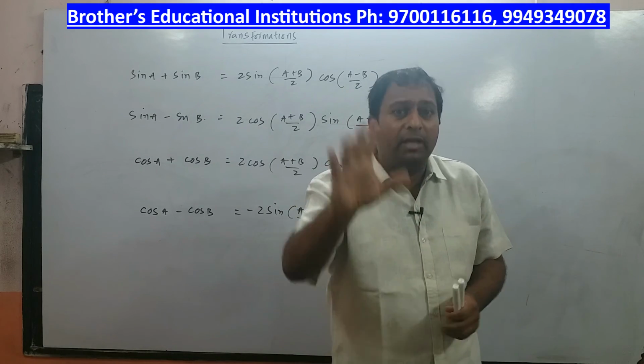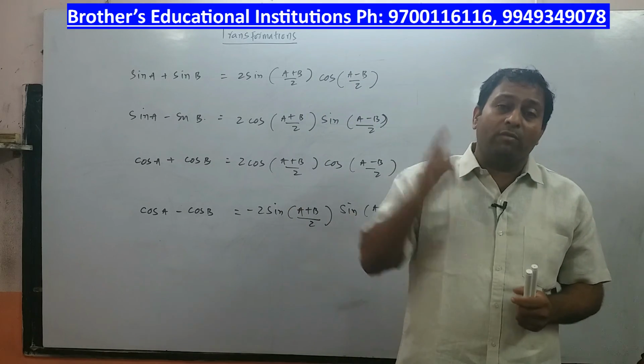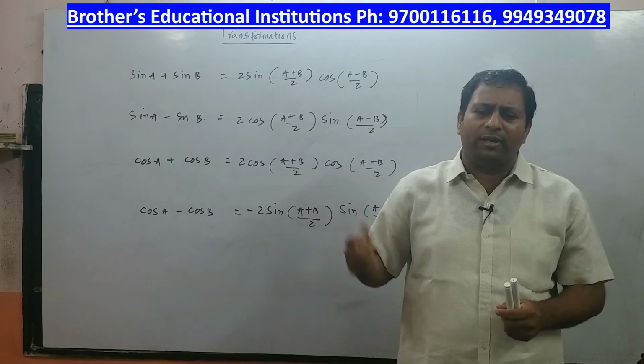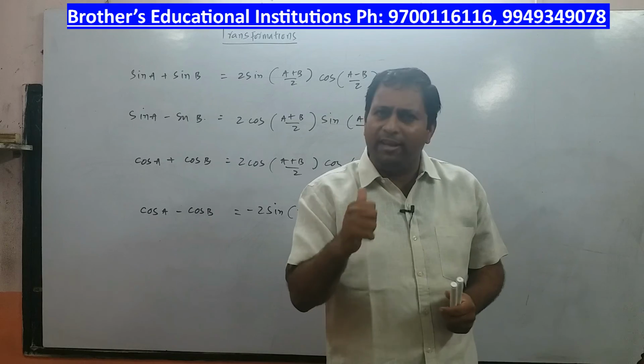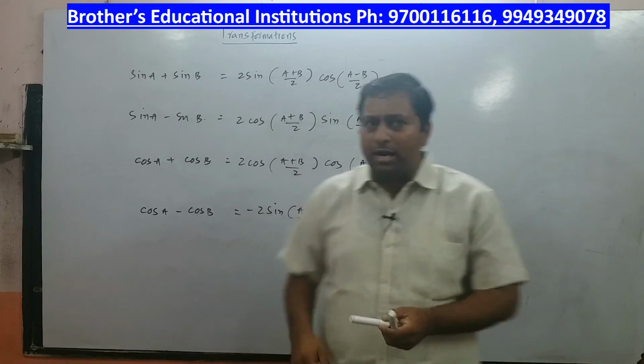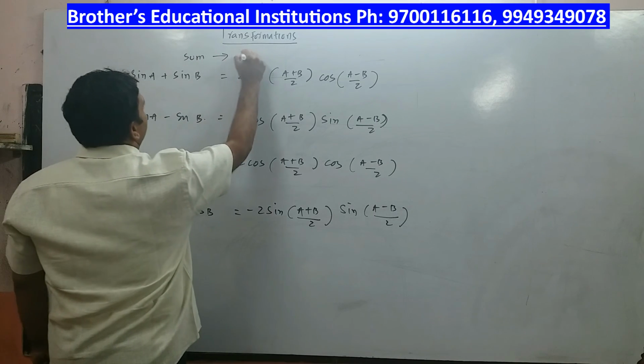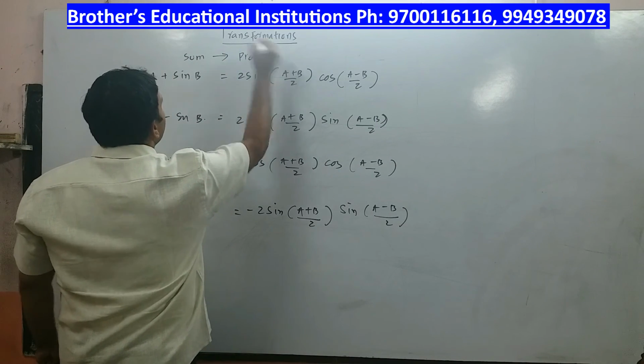When you reach this level, it's only then you should start doing trigonometry. So I want you to recite, read again and again 100 times. Once you get the perfection, then trigonometry looks very, very easy. Alright. So these formulas are called transformations dealing with sum to product. Right? When you are dealing with sum to product, right?